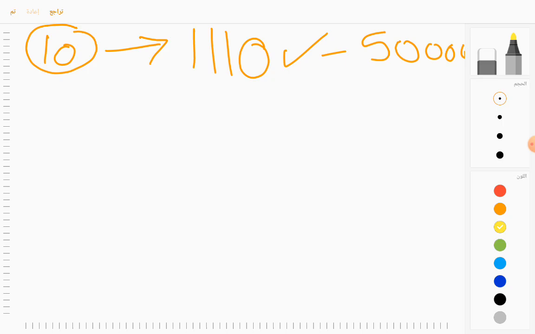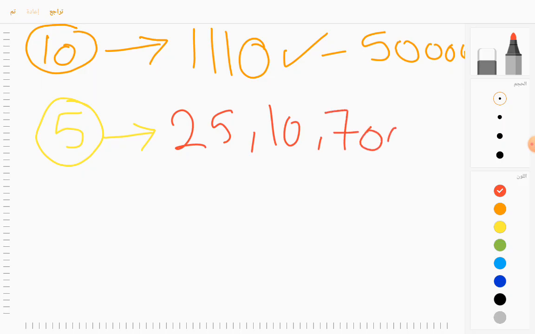Okay, the divisibility by 5. If the number ends with 0 or 5, like 25, 10, 700, where the ones place is 0, and 23,525. This is a very big number, but it's still divisible by 5 because the ones place is 5. Okay,